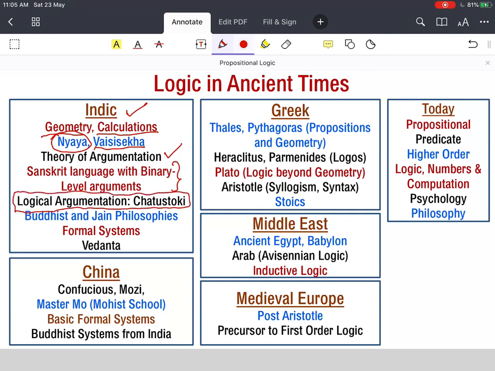The logical argumentation theory evolved into what is called the four-armed logical principle, or Chatushtoki. Parallel to this Indic thought, the Buddhist thought and the Jain philosophies, which moved almost in parallel from the 6th century BC onwards, had their own principles which overlapped to a great extent and formed the overall system of the Indic logic. Finally, the formal systems came up, and one of the most profound aspects of Indian logic